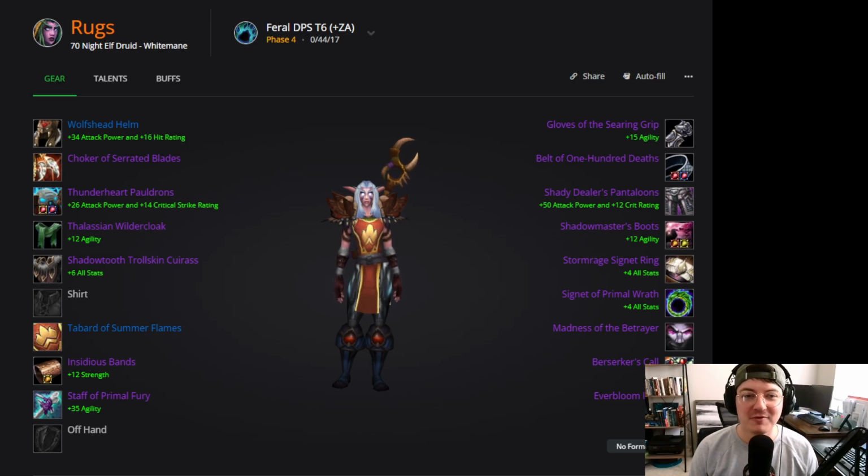Today we're talking about Feral Druid BiS in Phase 4. This is my first follow-up to the original video that I made, which was my Feral Druid Phase 3 BiS, where I talked about how I wanted to go armor pin over the 4-piece T6 set, and that ended up